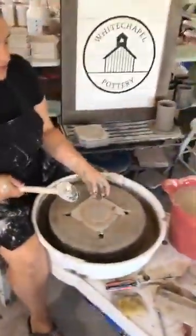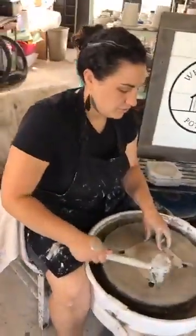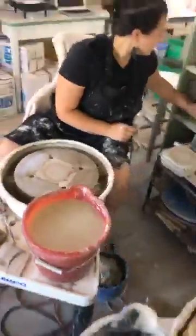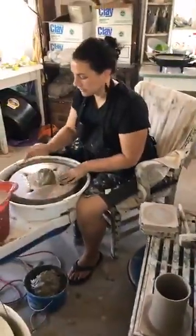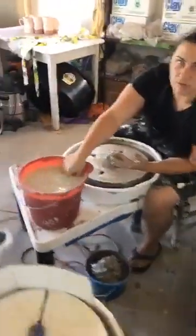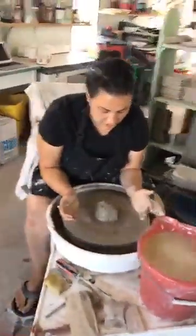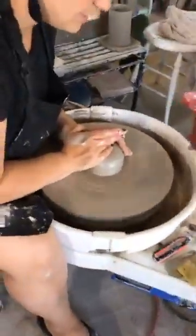Okay, so these tools, this is called a bat. Before you throw, you can put the bat down. And then I have a pre-weighed out amount of clay. The first step in pottery is wedging, making sure that you don't have any air bubbles, which I've already done. And the second step is centering. So the clay is super wobbly. What you want to do is make sure that it's secure on the bat,